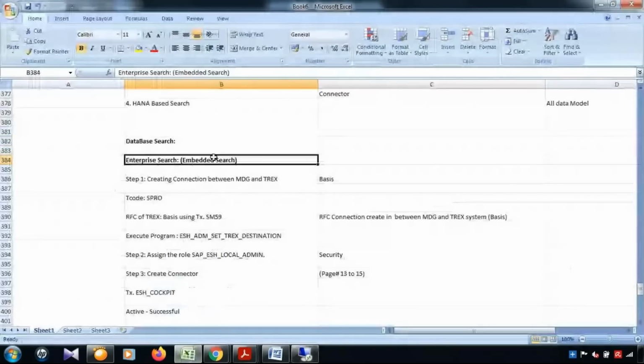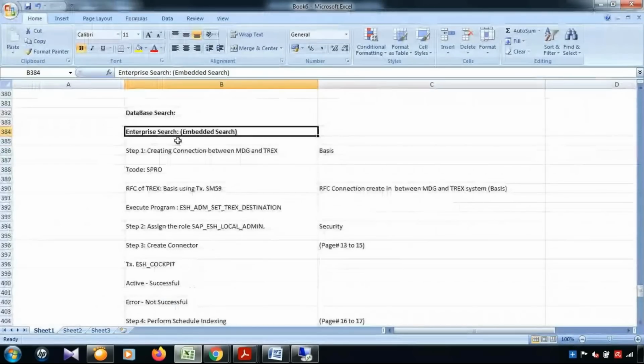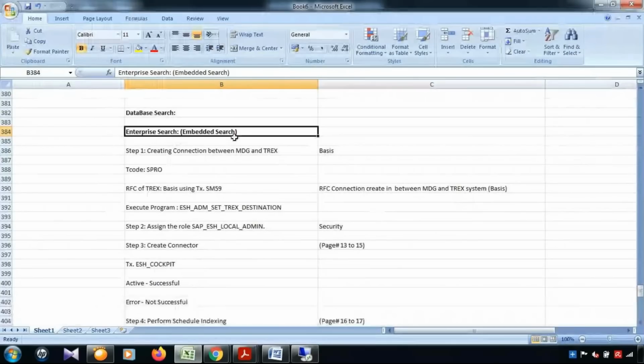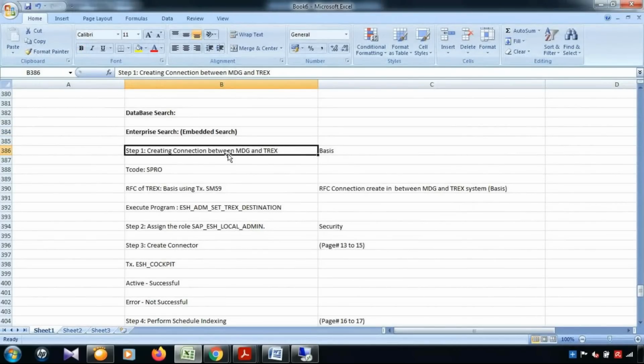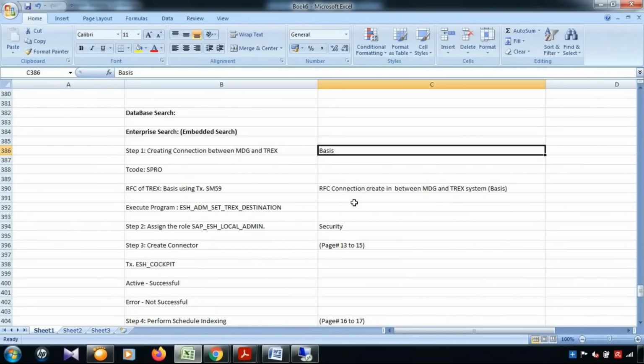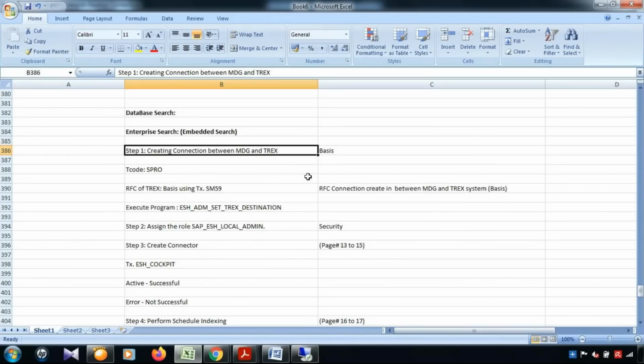Now my next item is enterprise search, which is also called embedded search. So what exactly needs to be done here? The first thing, as part of this type of search configuration, is step one: creating a connection between MDG and T-Rex, and who will help in this? Basis. So we need to ask Basis that we have a T-Rex server. The T-Rex server needs to be connected with the MDG system, and they will do the necessary connection by